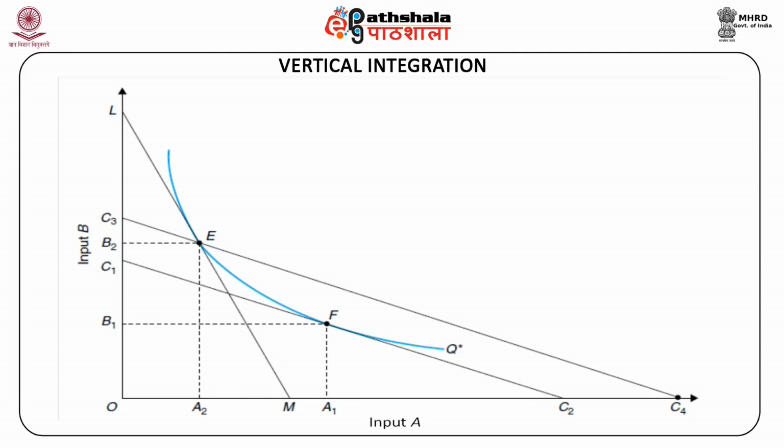The vertical axis represents the quantity of input B produced by a competitive enterprise, and the horizontal axis represents the quantity of input A produced by a monopolistic firm. The possible input combinations are shown by the isoquant for a given output Q star. The shape of the isoquant shows that the inputs can be substituted in response to the changes in relative prices